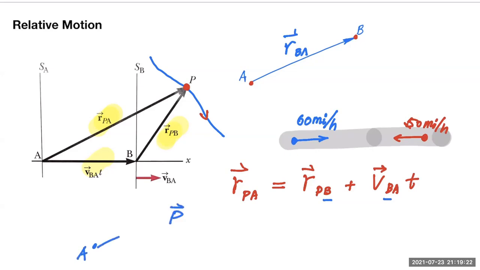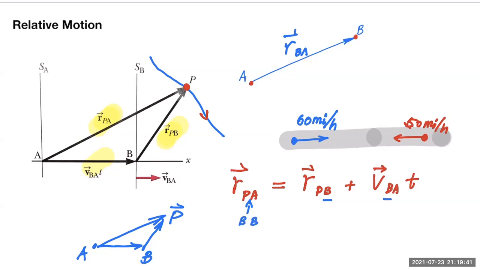Instead of going from A to P directly, I'm going to insert a point B in the middle. So I'm going to go from A to B first, and then from B to P. See that? That's the basic idea. So I can insert between P and A a point B,